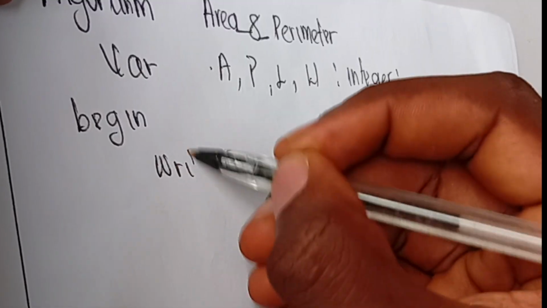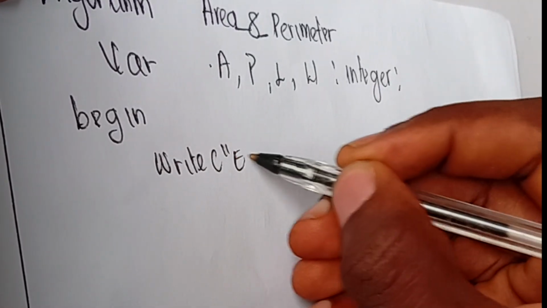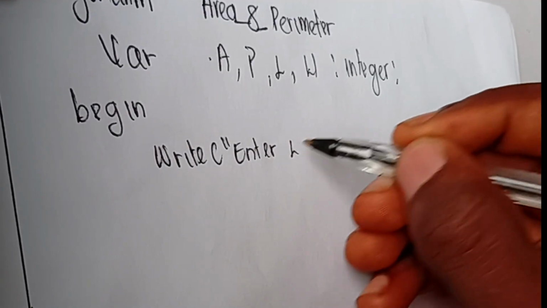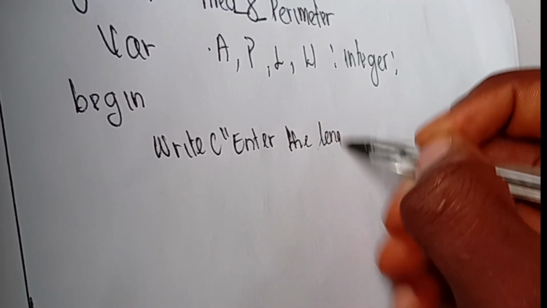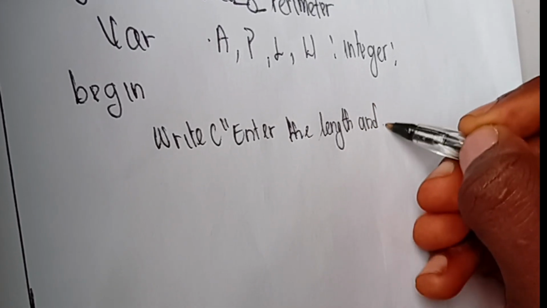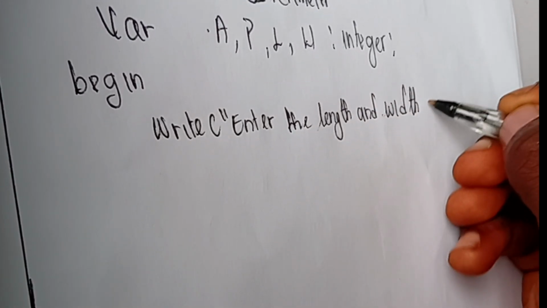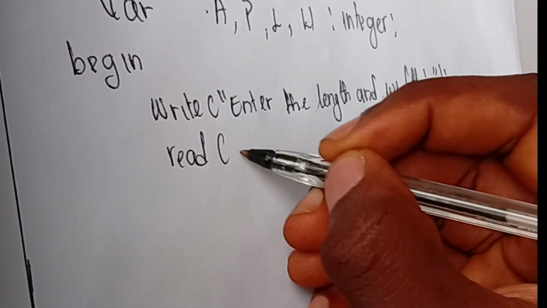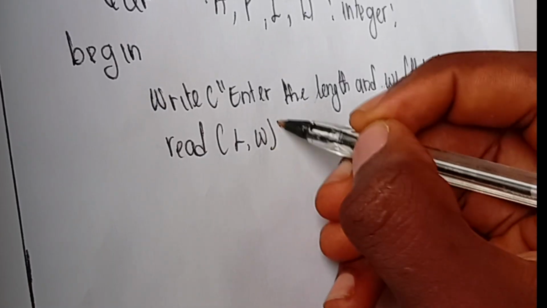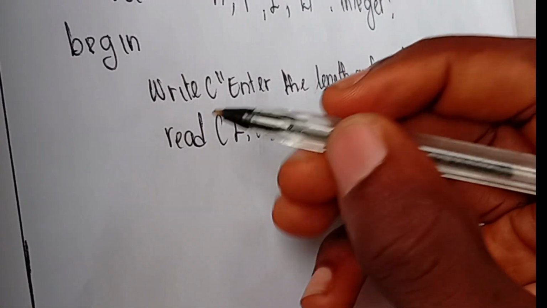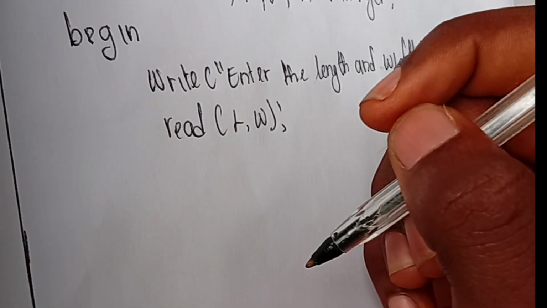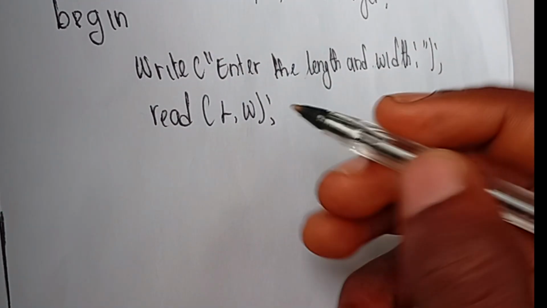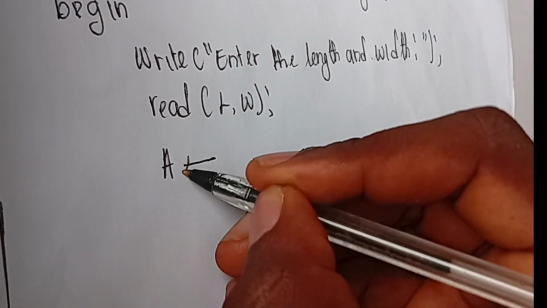So we want to prompt the user to enter the length and width. We're going to read this length and the width into these variables. Then later on we are going to assign it. Now once we have the length and the width, we know the area, so we now use